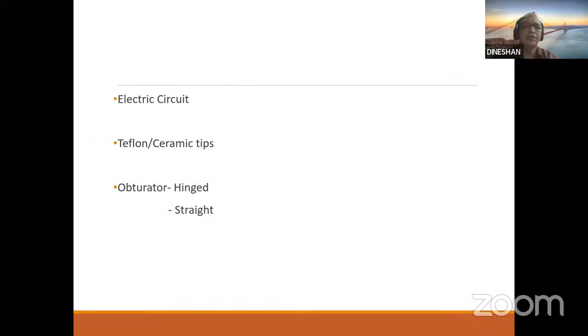Now, in a TURP circuit, how is the circuit completed? You have the electrical system coming up.